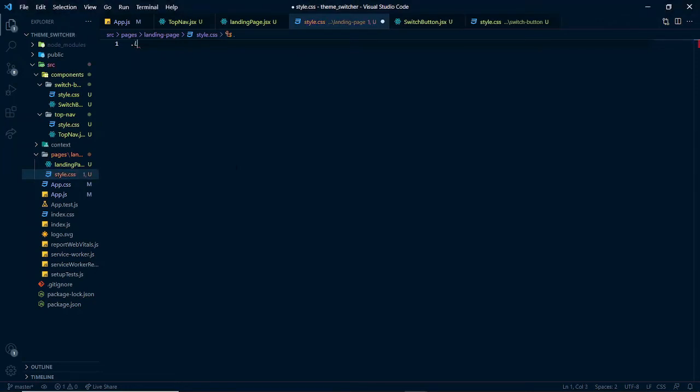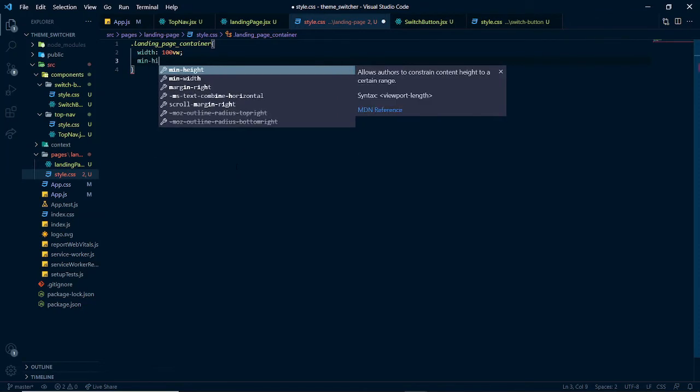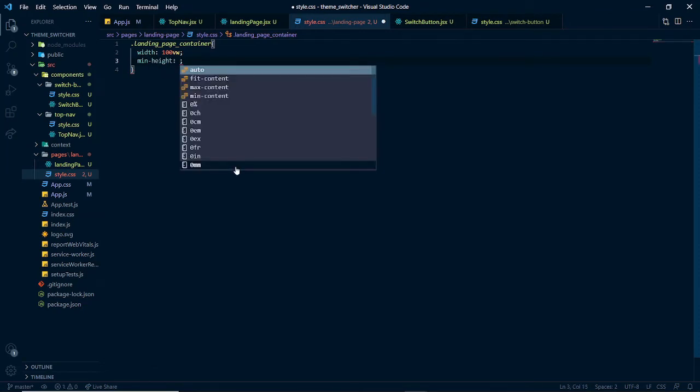So we'll say dot landing page container, and I will say the width should be 100 view width. And I'll say the minimum height this should have is 100